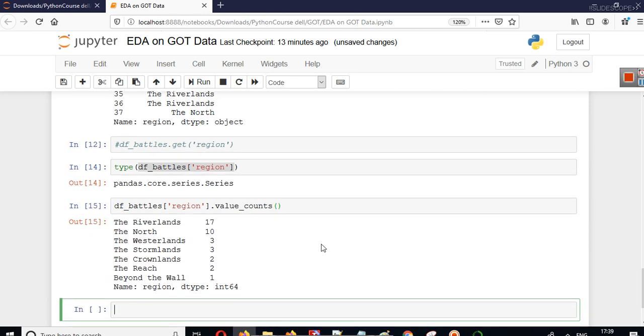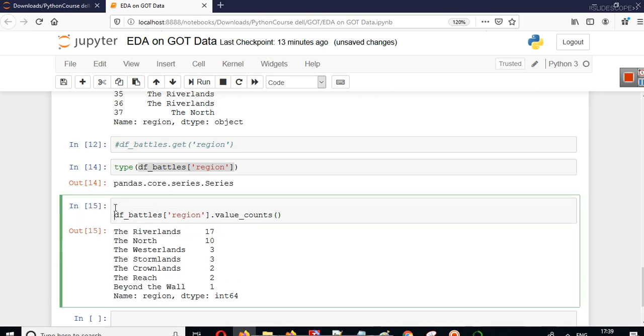Now you can see that in the region Riverlands 17 battles were fought, in the region the North 10 battles were fought, in the region Westerland 3 battles were fought, and so on. So we can write a simple task: how many battles were fought per region, and sort them also.